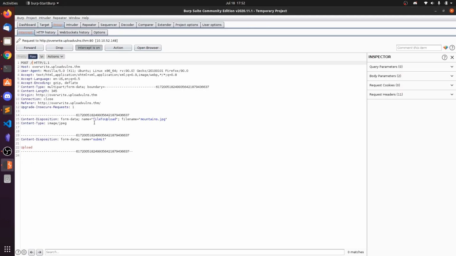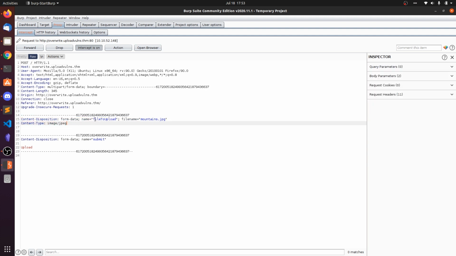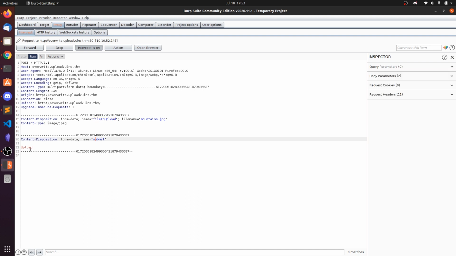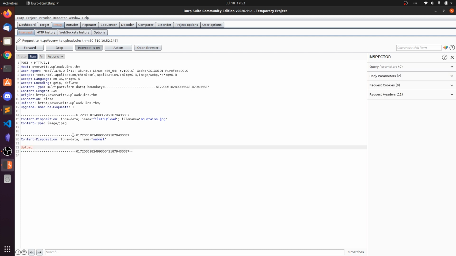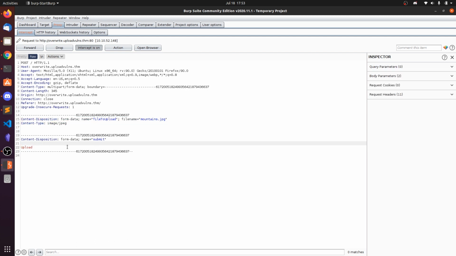And you can see in the content we have two forms. One is the file upload, where the name is fileToUpload. So copy this one, we will be using this name here. And the other one is the data, name equals submit, and the value of submit is upload. Okay, so we have two things to upload. One is the file upload, another one is data. So we need to pass the data.